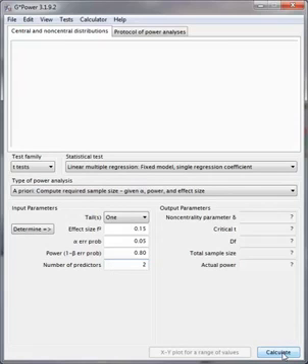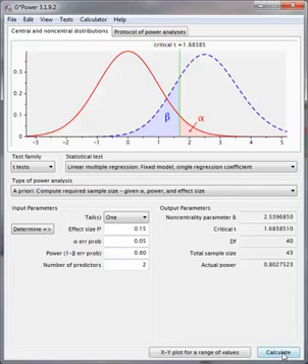Then you are ready to determine what is your total sample size needed. You click on calculate, and voila, there it is. It gives you the numbers that you need. Your total sample size is going to be 43. Remember, the higher the power,